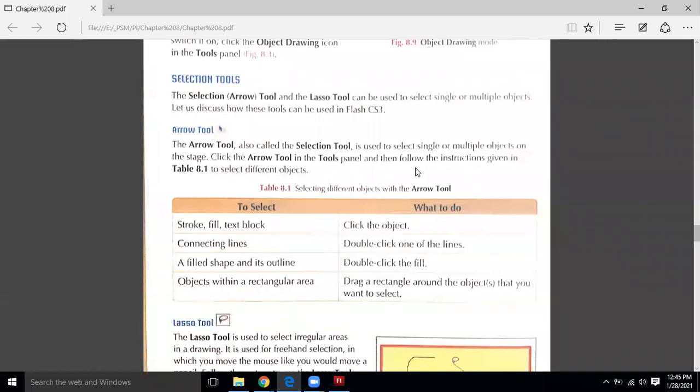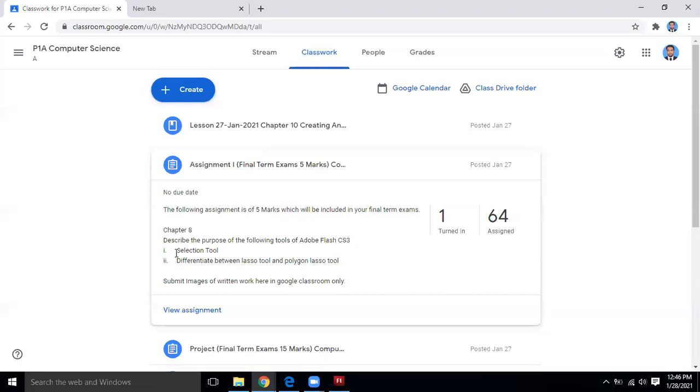Wherever we are creating any animation, whether we are using frame by frame, or shape tween, or any other tween motion. So I think this is a two-line answer and there isn't any difficulty in it. First I will explain this, then I will take the questions from those who are raising the hand. So this is the arrow tool or selection tool, which is given over here in your assignment. I don't think you face any issue writing down the answer.